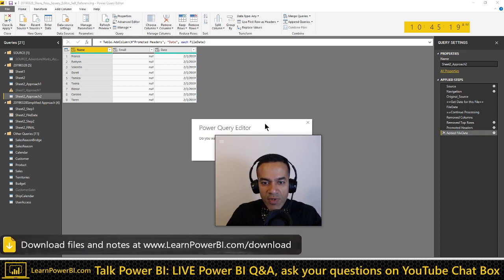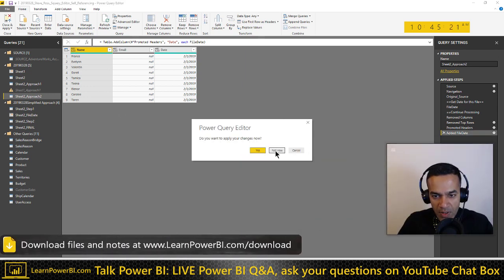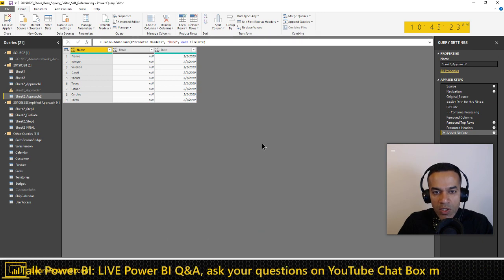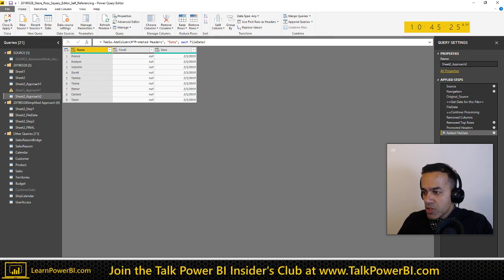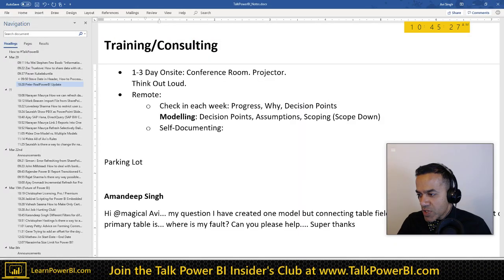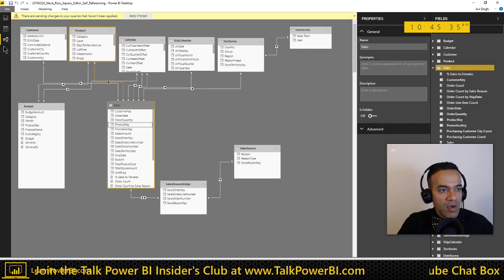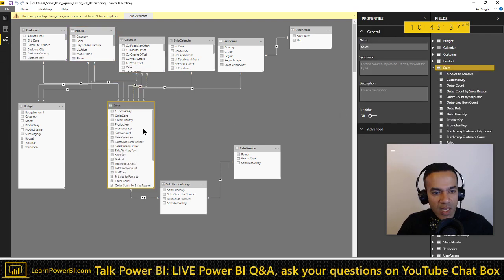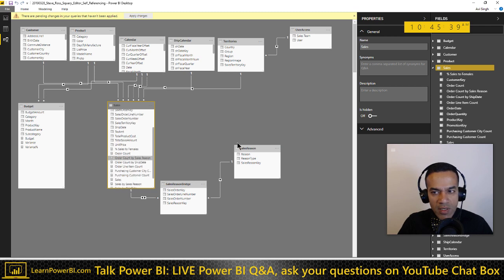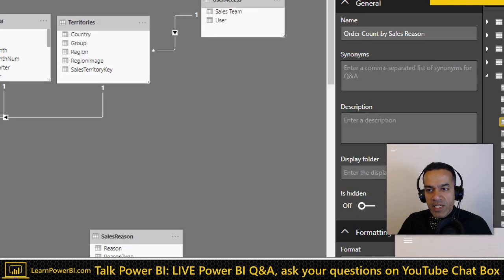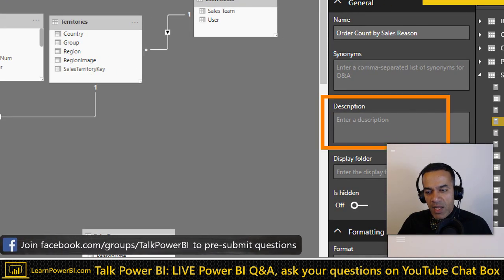On the side of the model, you can do similar things. You can, by the way, of course, in query editor, you can go beyond. You can add comments and all this stuff. But if you go back to a model, you can do a whole bunch of stuff. So you can go to a measure and add a description for that, right? And so forth.